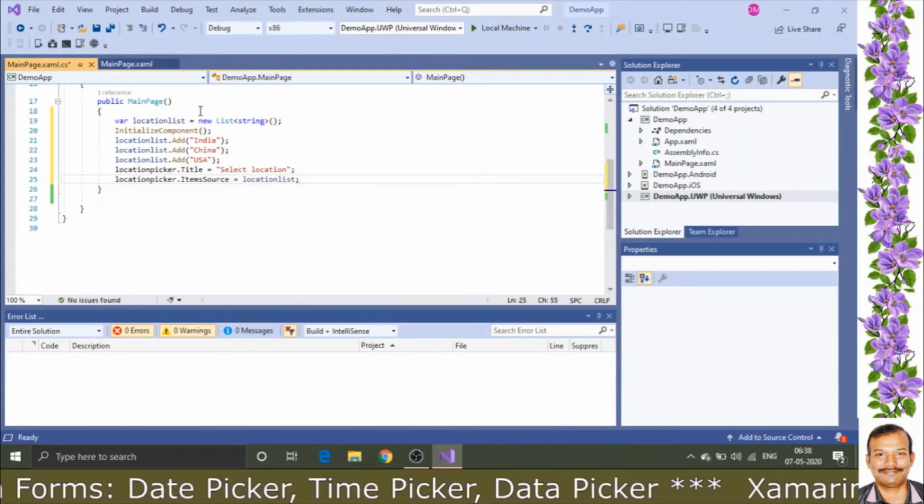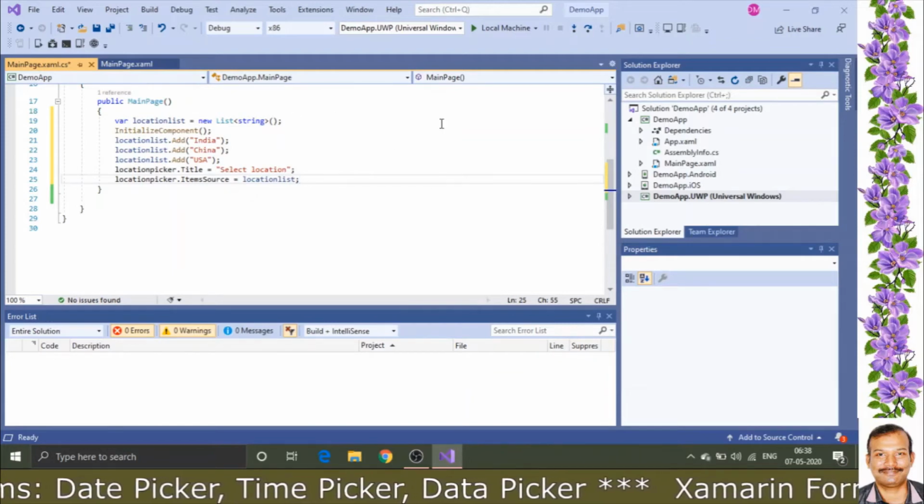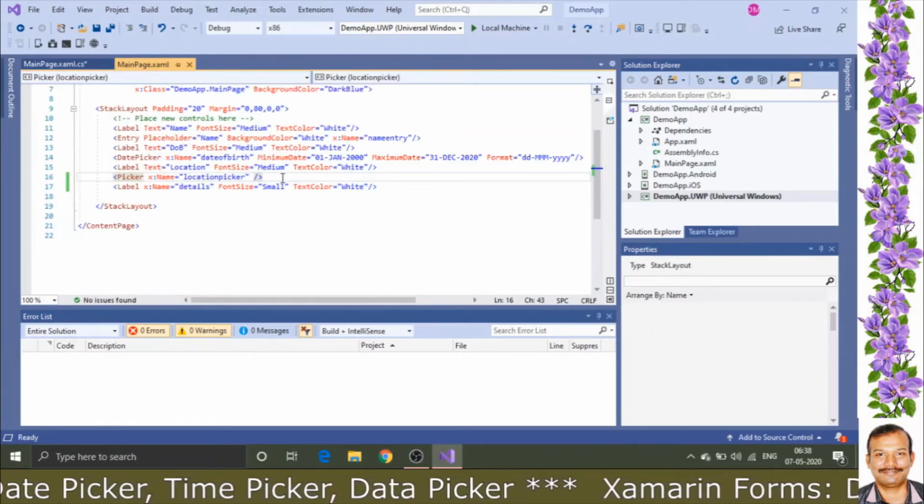Now what I am going to do, I am going to add a button so that when you click that particular button, the details which you have entered will be displayed in the label. So that process we are going to do here.